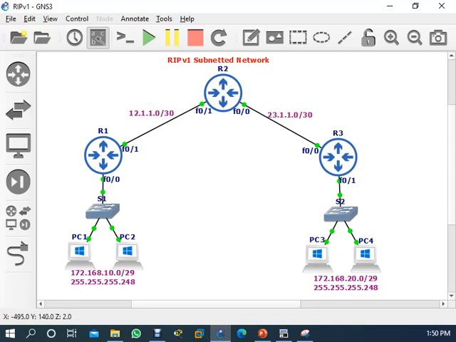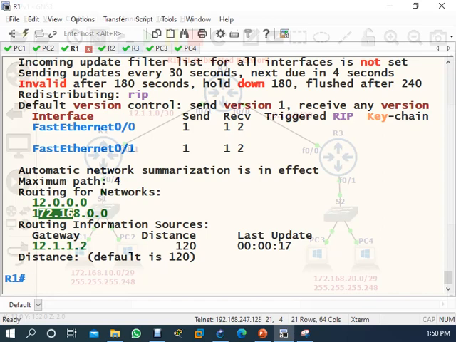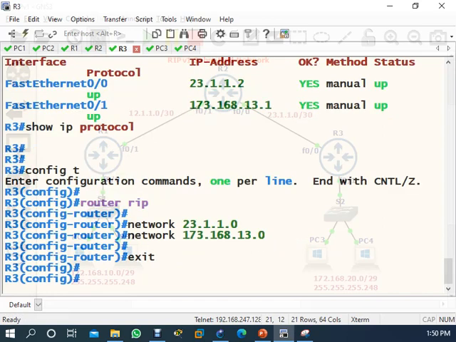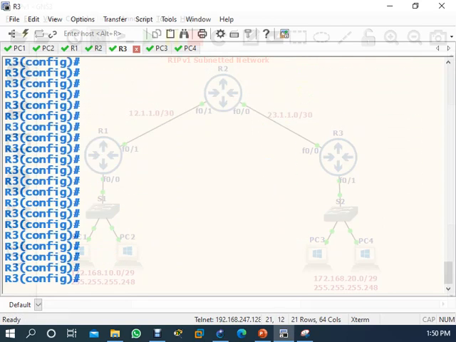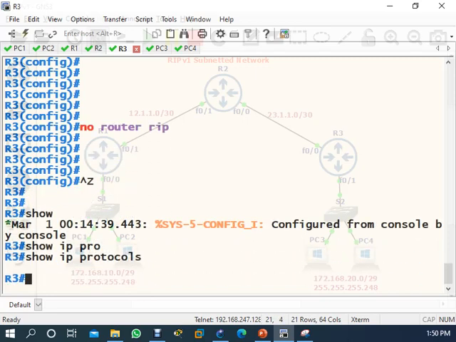How? We did not change anything here, right? Here we have changed, so we should change on router 3. So let's come to router 3. First of all I'll say no router RIP, so I'll remove the RIP. After removing the RIP, if you type show IP protocol, nope.